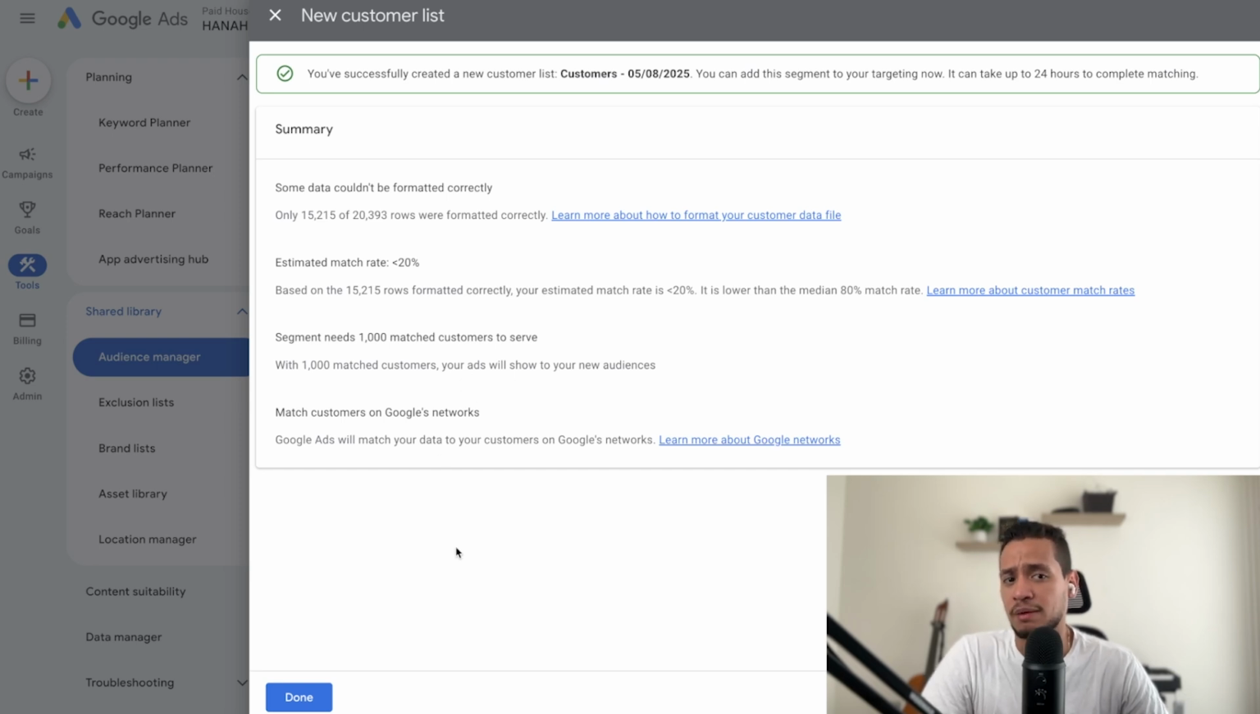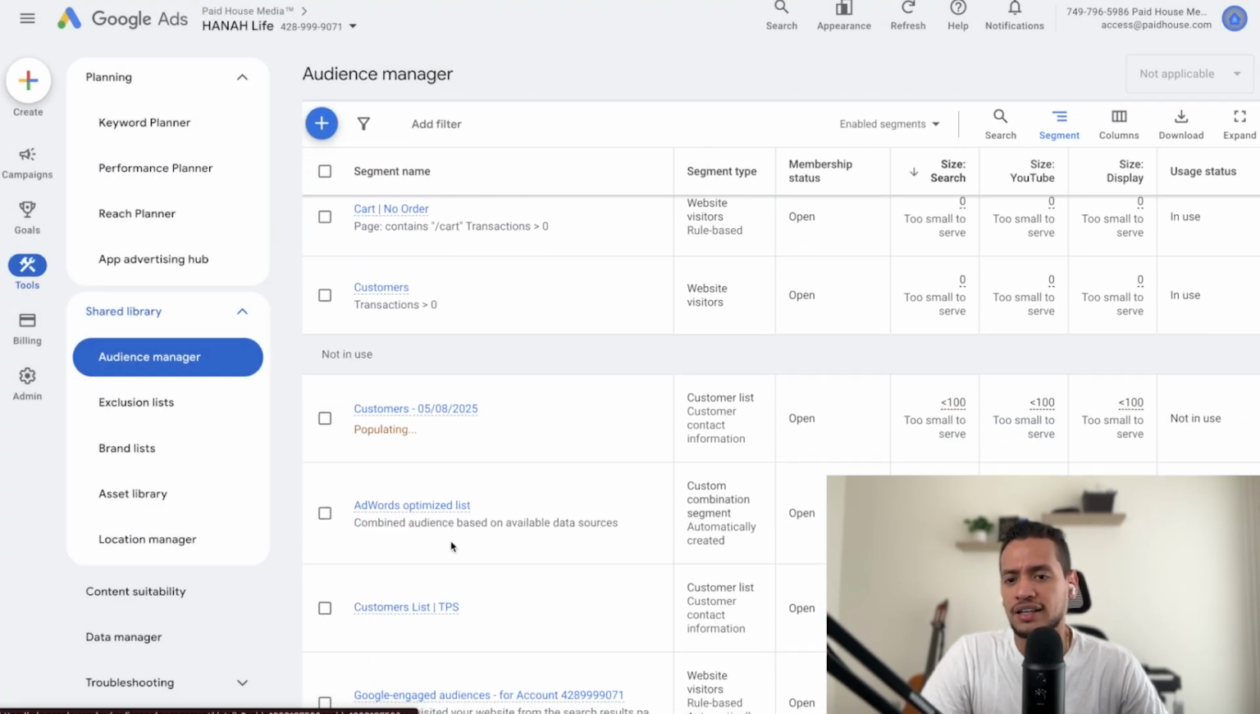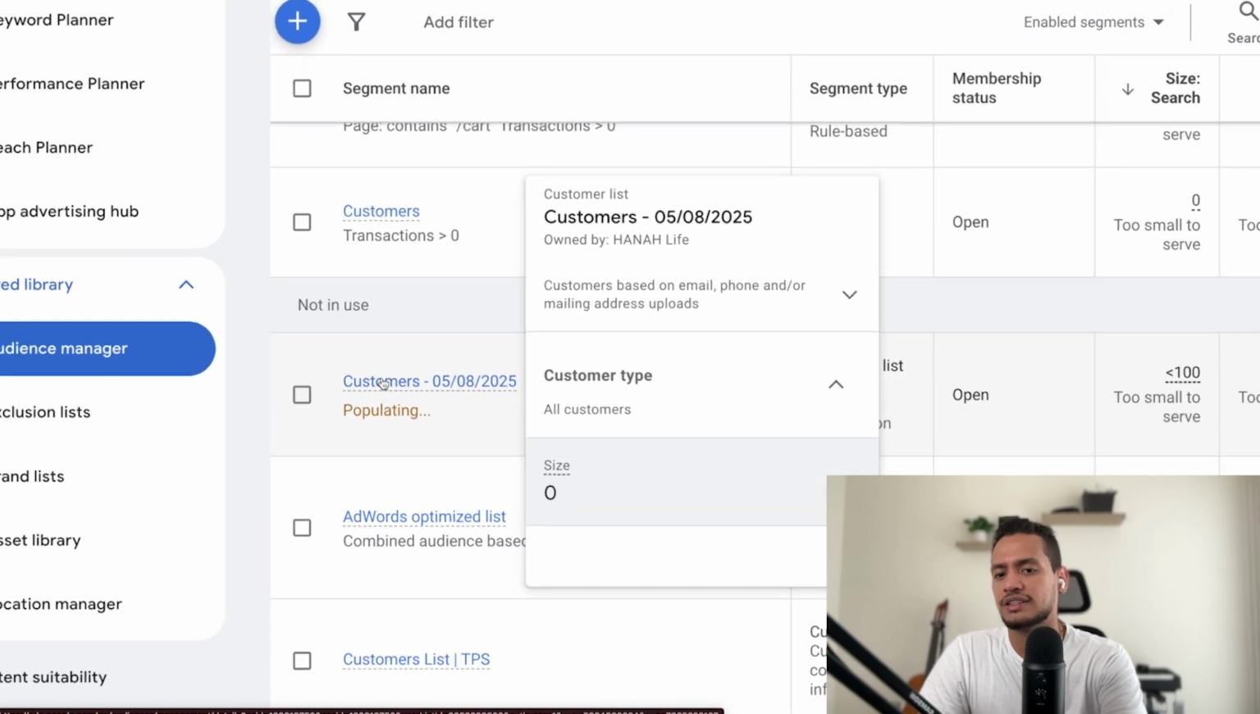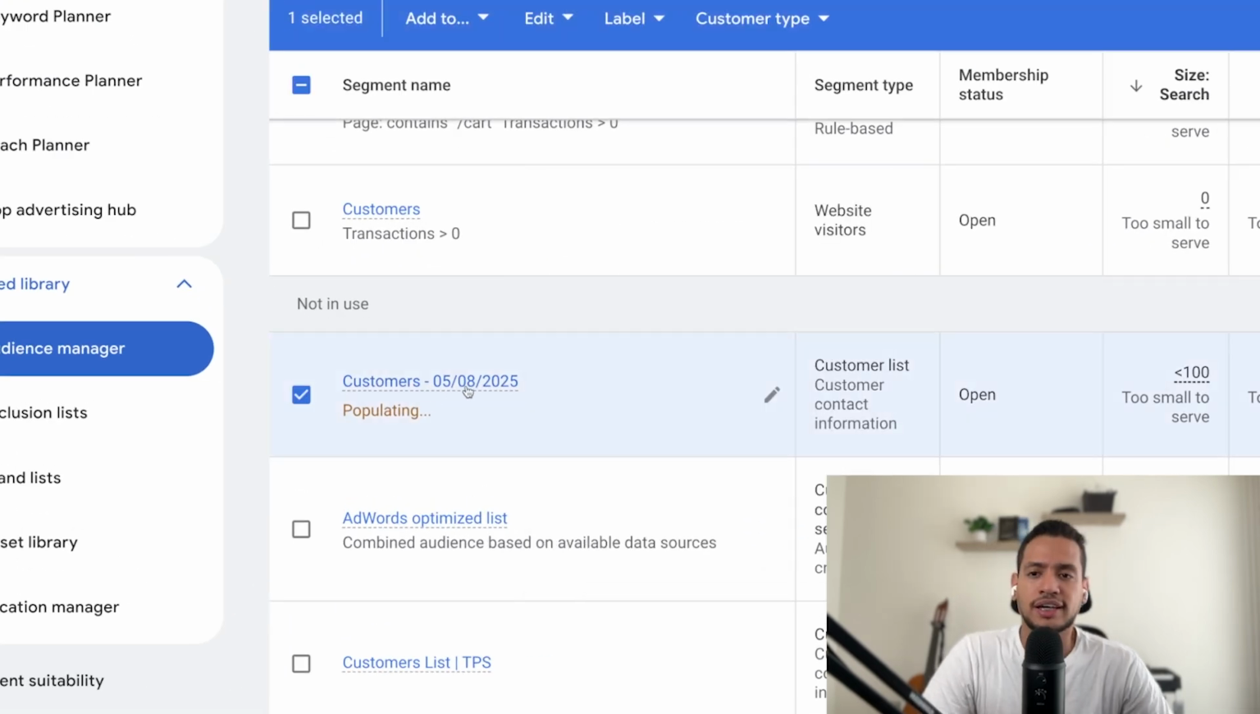For the sake of this example, I just want to show you what that looks like. The estimated match rate says it's less than 20%. Sometimes it can show up like this, but what you can do is the following. You can click on done. Once you do that, you're going to see that the list that you created is going to show up as populating. Usually it can take a few hours or even a few days before it actually shows you a number of